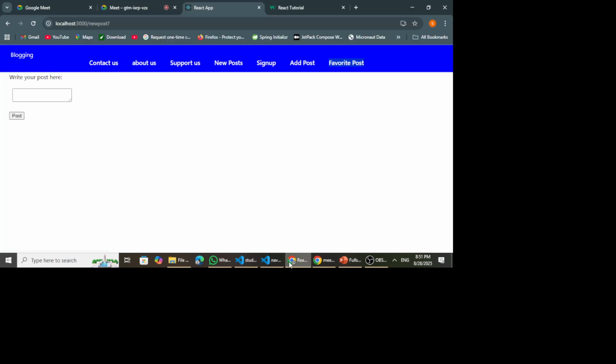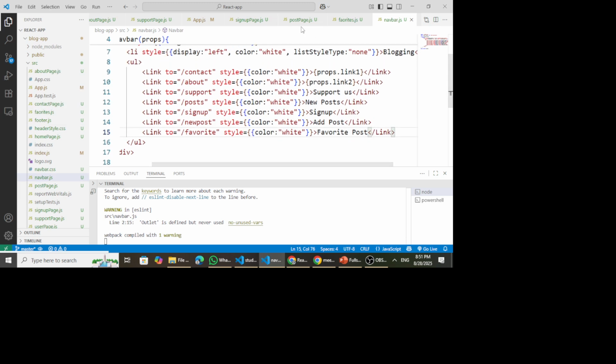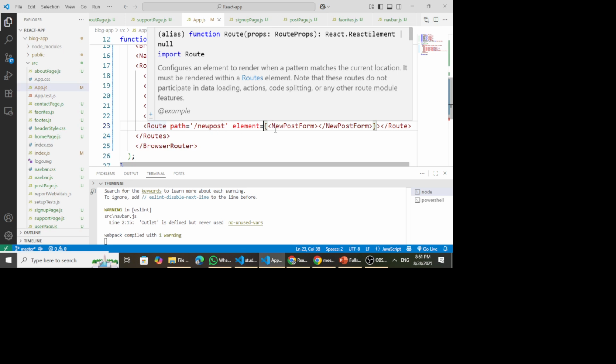And now when you go to our page, you should be able to see another link within the navigation bar called favorite post. But now when you click on it, the URL changes here to /favorite, but then there is no content displayed here. The reason we don't have this content is because we have not added the path and displayed the relevant component. So next, after adding it in the navigation bar, we also need to go to our app.js. We configure the route for it,